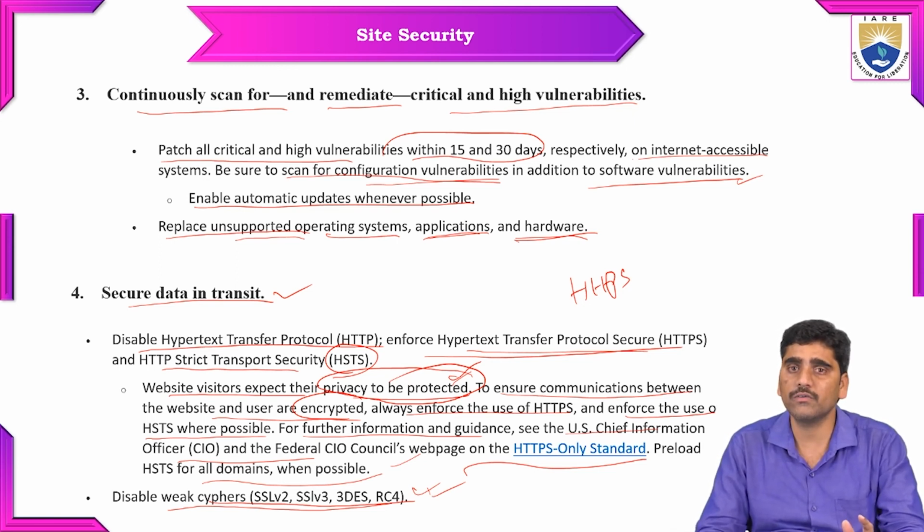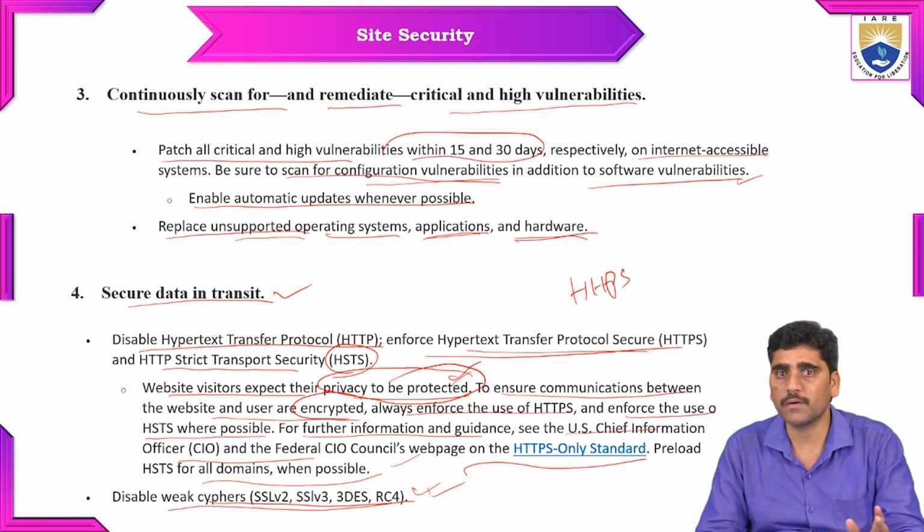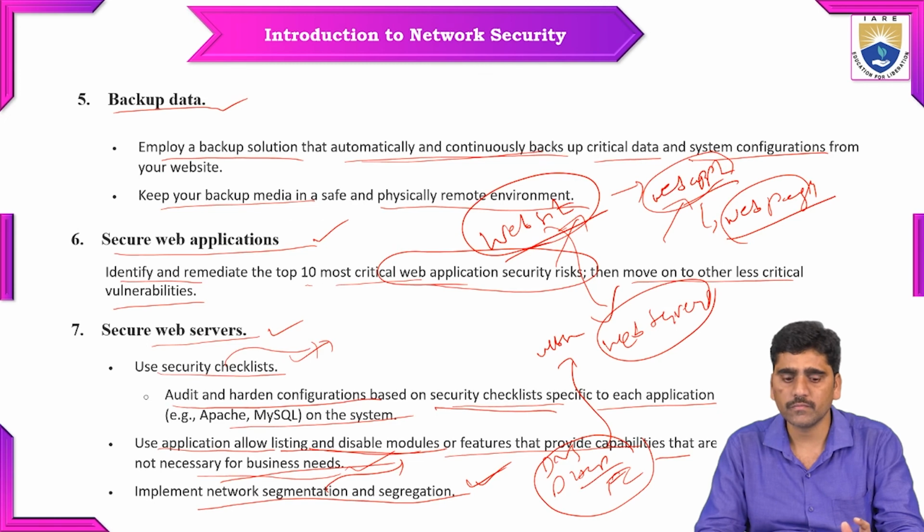That means we have to implement protection for website visitors, and the website visitors' privacy has to be protected. To protect visitor privacy, we have to take care of data in transit. For that, we have to disable weak cipher algorithms, and take a backup of data every day, a common mechanism for all industries and all